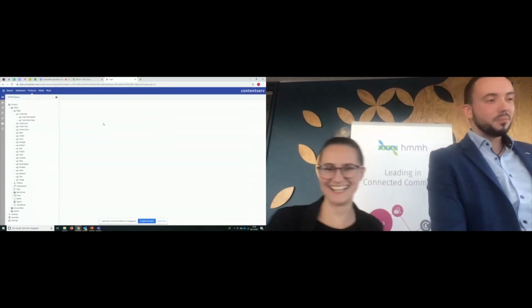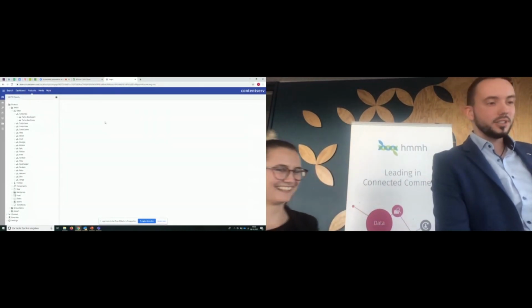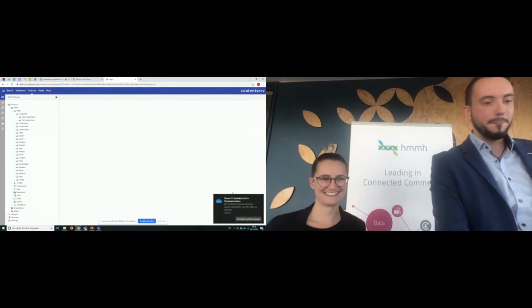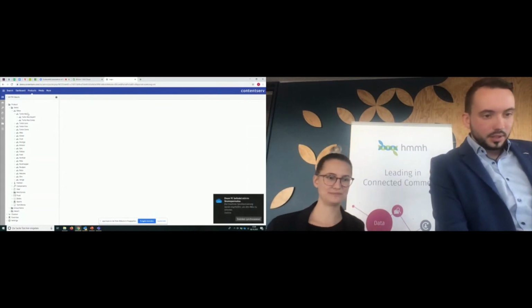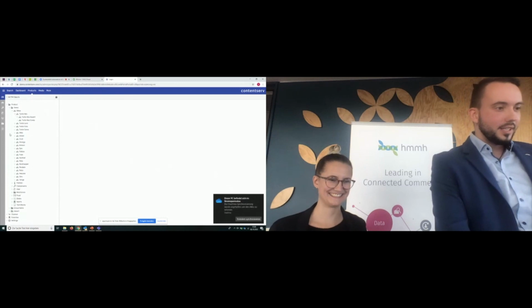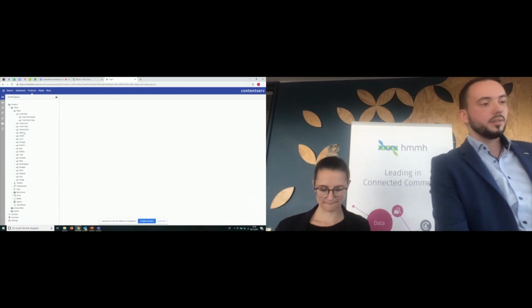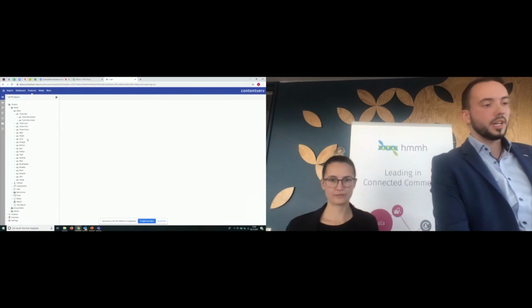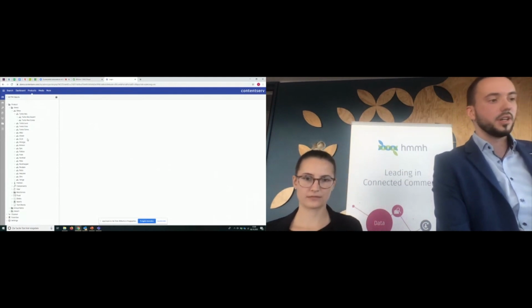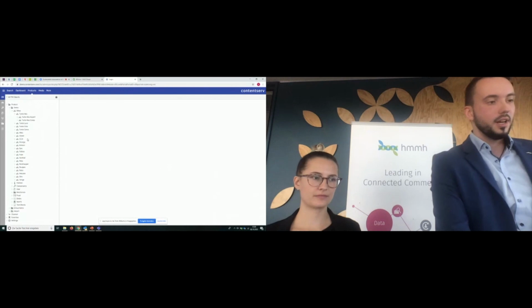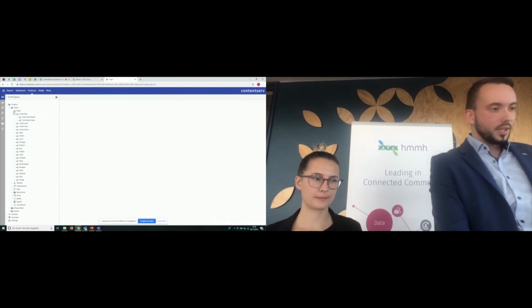So I'm happy to present you the ContentServe user interface, where you can see the maintenance structure for product data on the left side for bicycles.